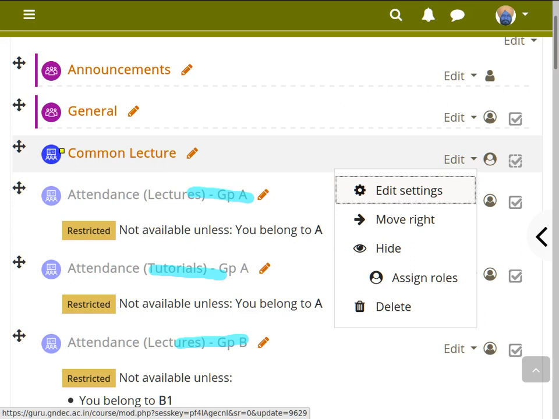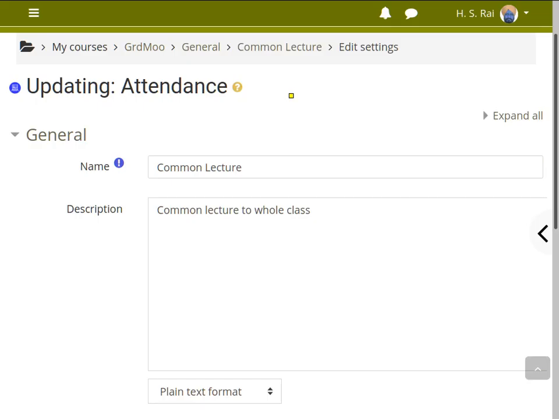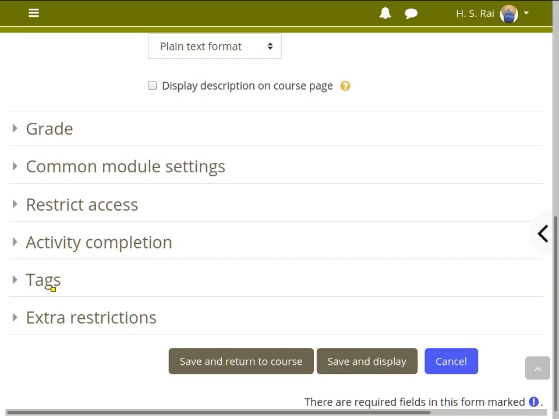For that, corresponding to common lecture, click edit. Then you will get this drop down. From this drop down you click on edit settings. When you do it, you will get this page where everything else has been filled properly when you created this activity, and our interest will be grade, category of the grade.